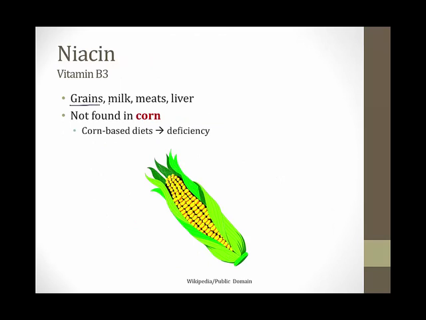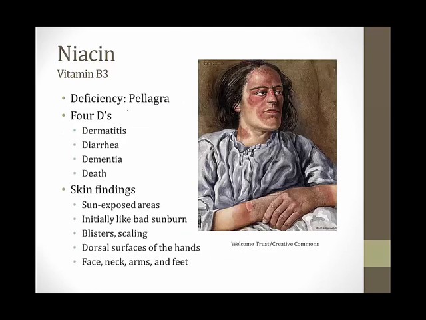Niacin is found in grains and milks and meats, and people that eat liver consume lots of niacin, but importantly, it is not found in corn. And there are parts of the world where people eat an entirely corn-based diet, and those people are vulnerable for niacin deficiency. The clinical syndrome that develops in niacin deficiency is called pellagra, and it consists of the 4Ds: dermatitis,